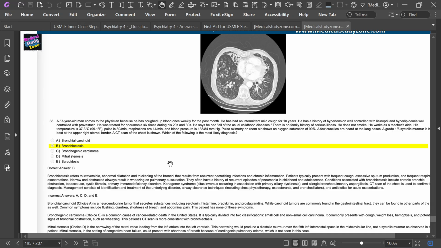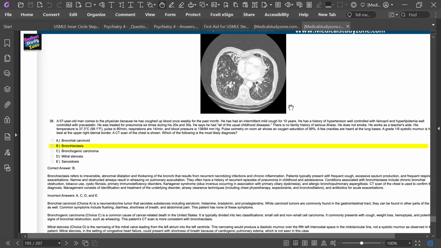It typically presents with frequent cough, excessive sputum production, and frequent respiratory exacerbations, with narrow and obstructed airways resulting in wheezing on pulmonary auscultation. They often have a history of recurrent episodes of pneumonia, childhood and adolescent conditions associated with